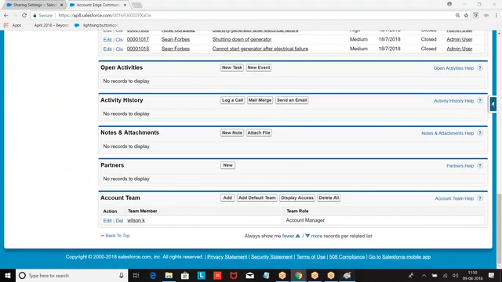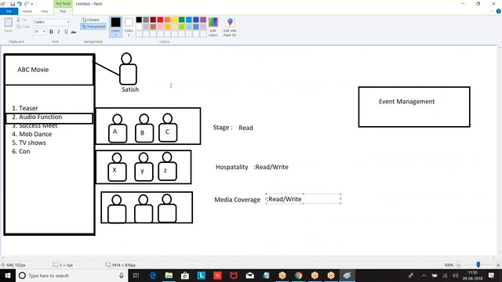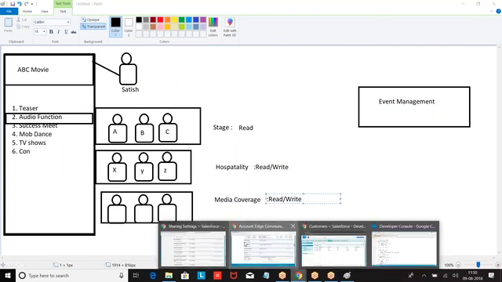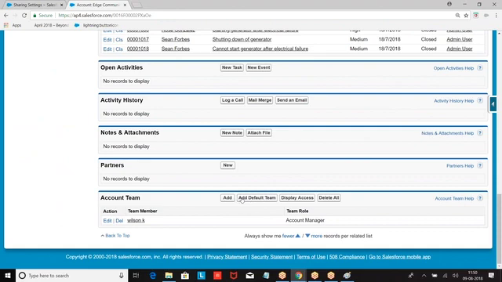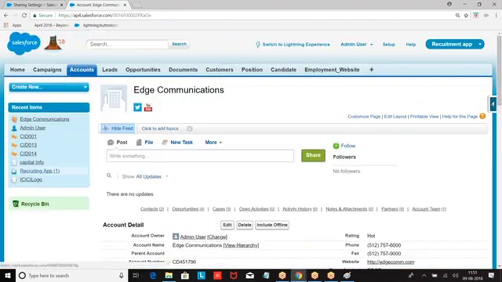Now, Satish, whenever he is conducting an event, every time he has a fixed team. You don't have a separate team for every record. He has a fixed team. Whichever event I am organizing, I have a fixed team. So I can create my own default team. If I create my own default team, I can simply say add default team. So every user can have their own default team. How will you create the default team?